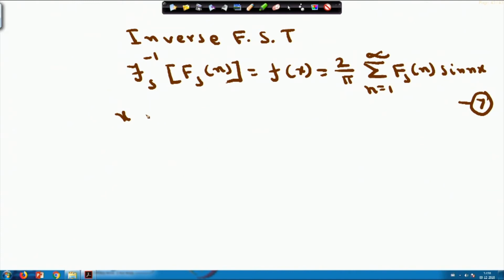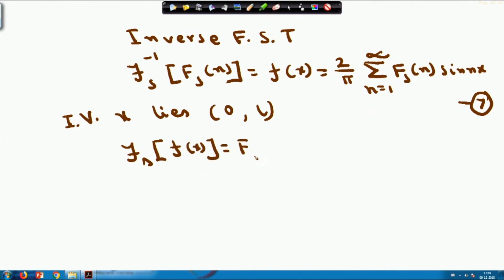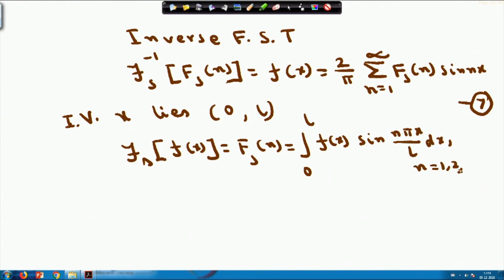And if the independent variable x lies in the interval, say 0 to L, that is any general interval, whatever we have talked about is for 0 to pi. But if it lies in any interval 0 to L, in that case we define like this: the Fourier sine transform of f x equals f s n, same as we have done for this. This will be the integral from 0 to L of f x into sin n pi x by L. Please note this one. This again we have done, how n pi x by L came earlier,